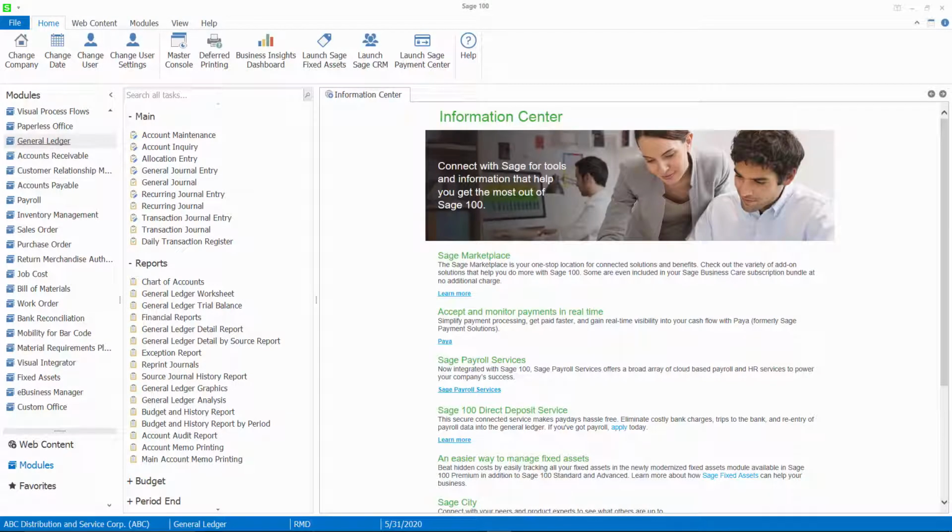After all modules have been reconciled, you can then reconcile your general ledger. The trial balance is one of the most critical reports in general ledger. Before running the trial balance, you want to make sure that all postings to the general ledger have been made